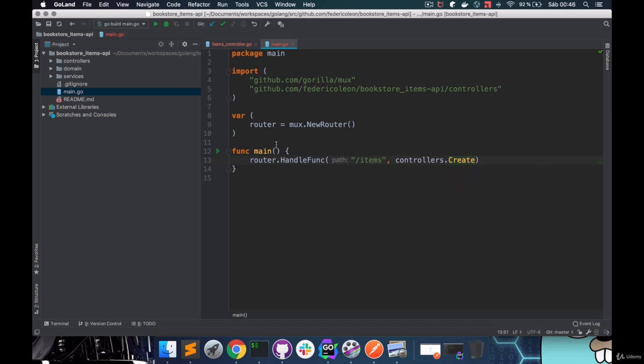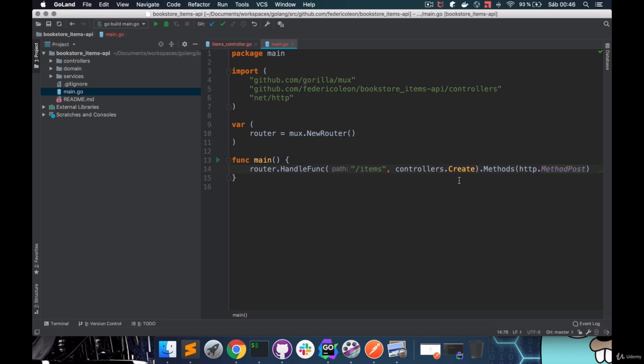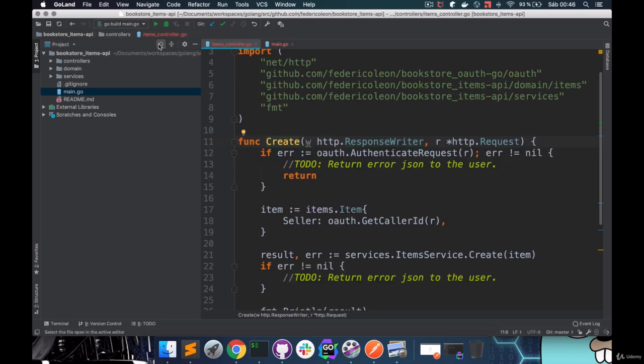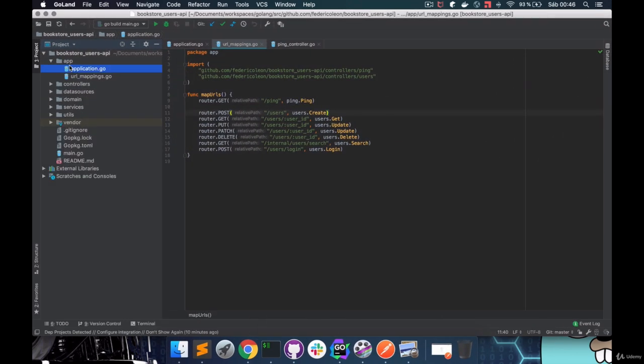So as you can see here, we have the router developed over here, the path that we are processing, and in this case, we're saying this is http.MethodPost. So we are only processing the POST request against /items, and the controller in charge of this request is going to be controllers.Create. Okay, so this is the items controller. The reason we're putting this application package over here